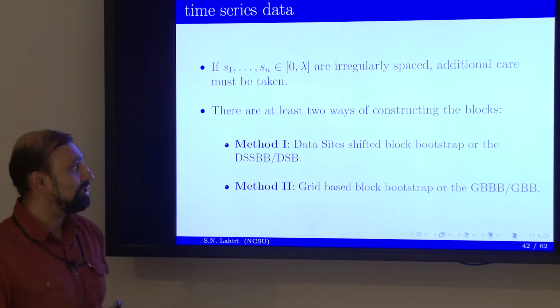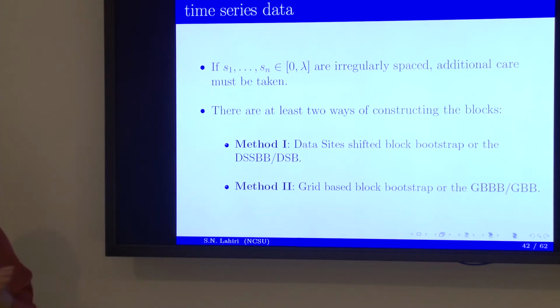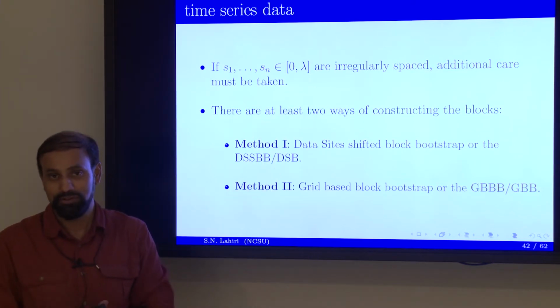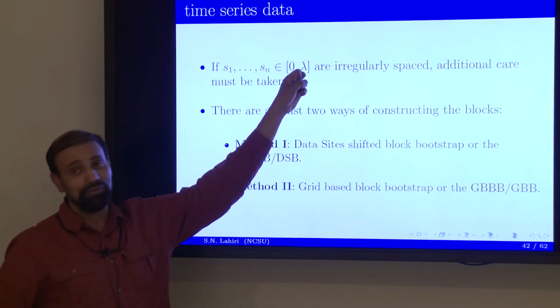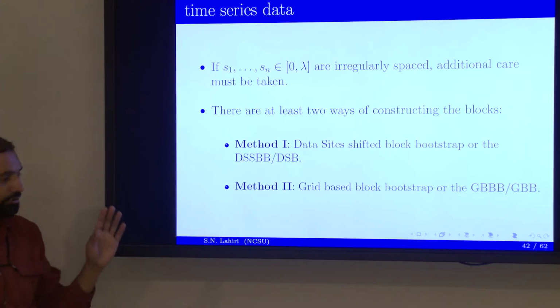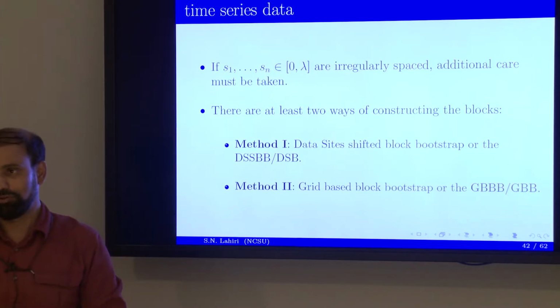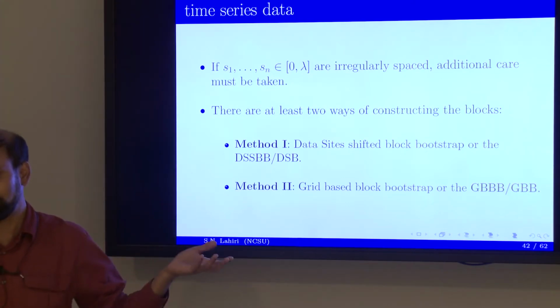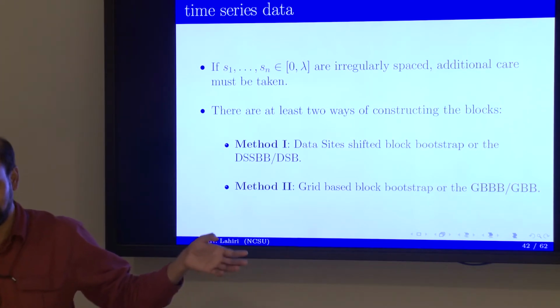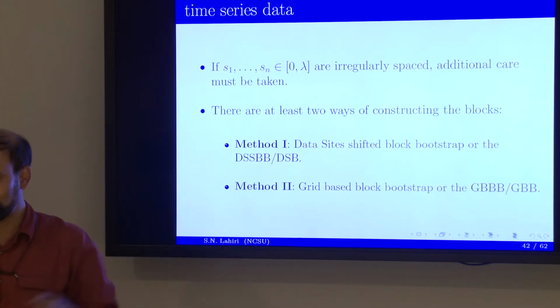So once I have this, you're still going to look at part of this interval, 0 to lambda, and partition it in some ways. So it's lambda by some number that tells you however many blocks you want. And then you're going to shift those. So 0 to L, 1 to L plus 1, that's a possibility. L would be much smaller than lambda. Okay, so you're going by the length of the series or the length of the observation region, not by S1 through Sn per se, when you're specifying the blocks.